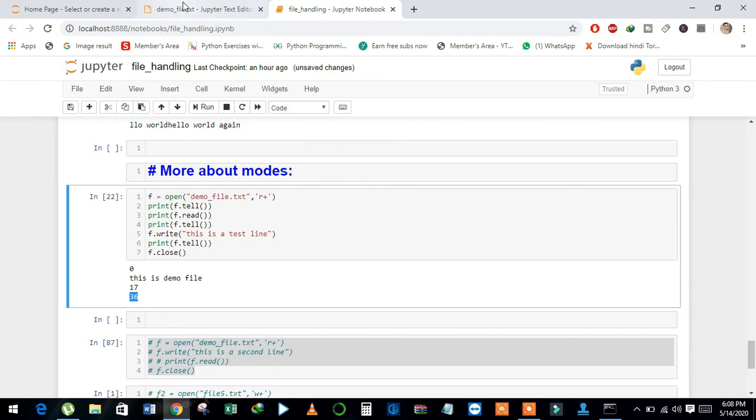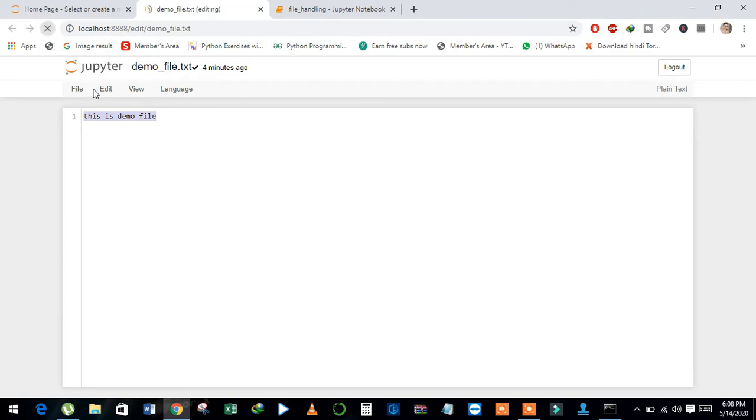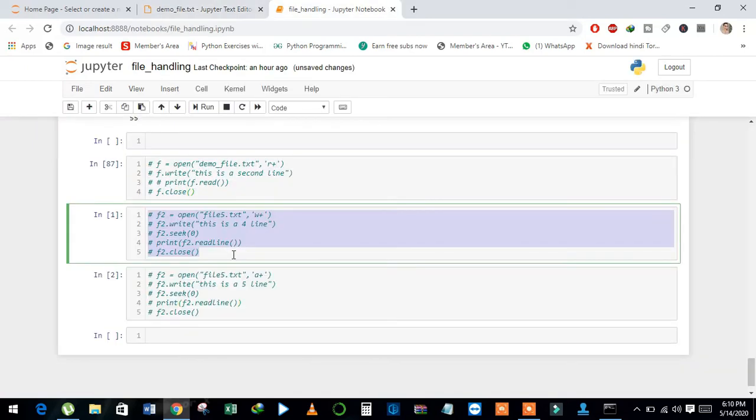And see here, it is written inside the file at the end of the line, because when we open the file and read This is demo file, our pointer is at the end of the file. That's why it starts writing from the 17th index.